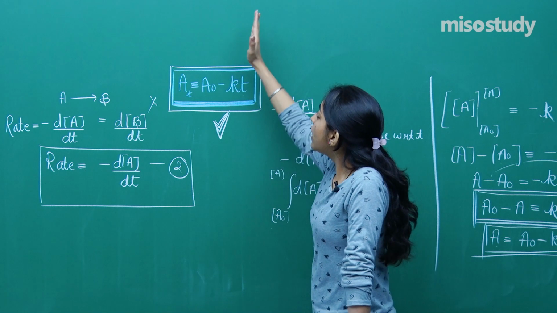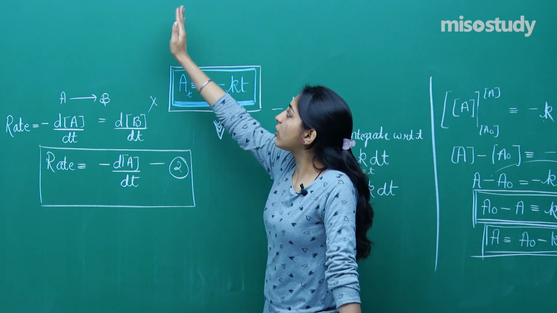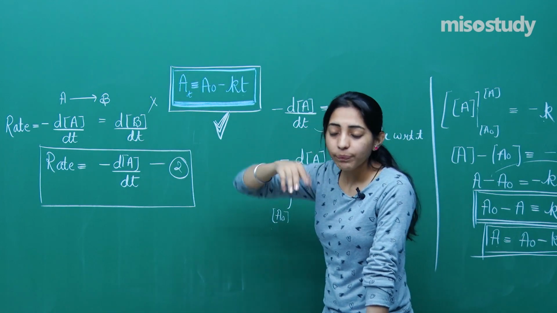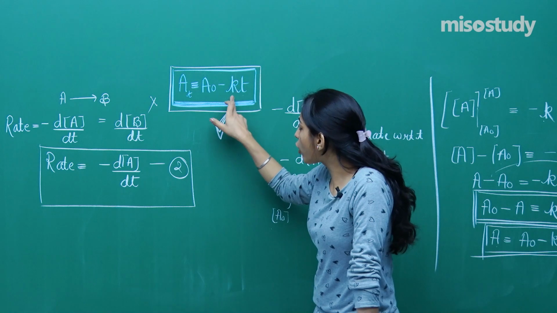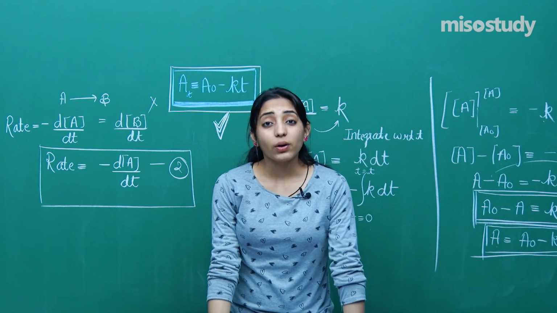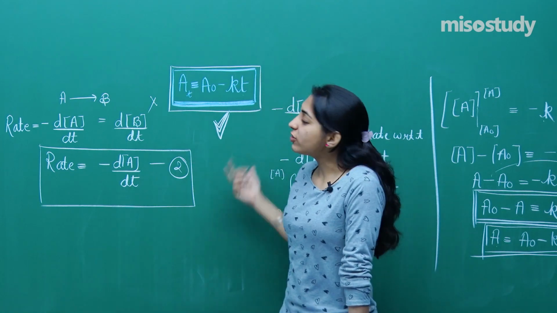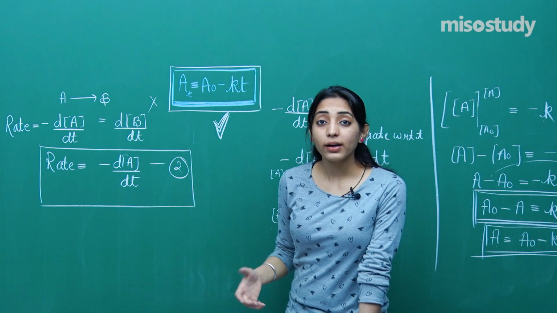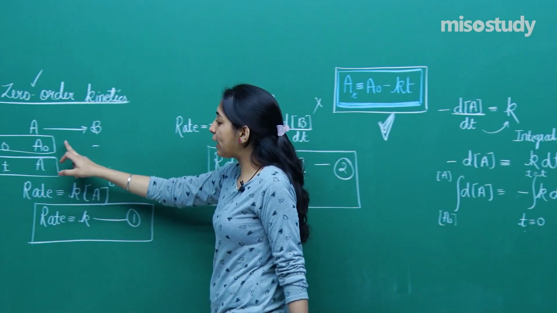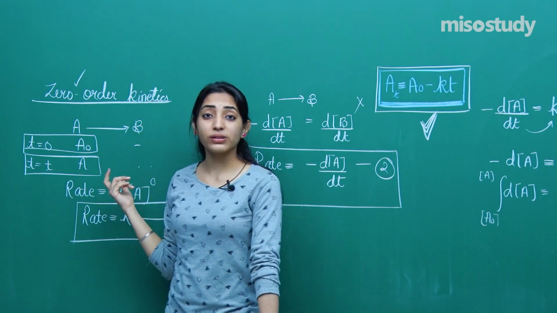Or vice versa, for different time slots, you know the initial concentration, you can just put in the values for the final concentration at time T, you will get a graph, and from the graph you can get the value of this K. Now the question is, ma'am, how to get the graph, how the graph will look like, between which and which variables the graph is to be plotted. What about the another integral that you were to show, which was small a naught minus x, and this was x.